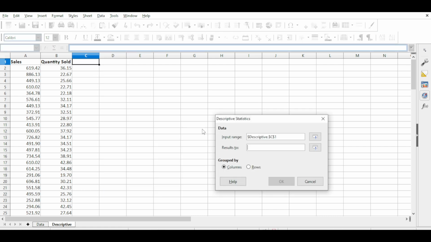After doing so, you will see this particular dialog that I have in front of me. Now we have to input some information into the Excel Data Analysis ToolPak so that it can generate the descriptive analysis for the variables effectively. At first, we have to provide the input range. In this particular cell, we will provide the input range,